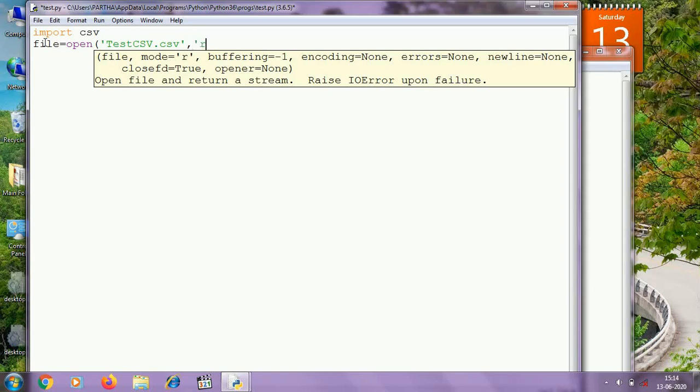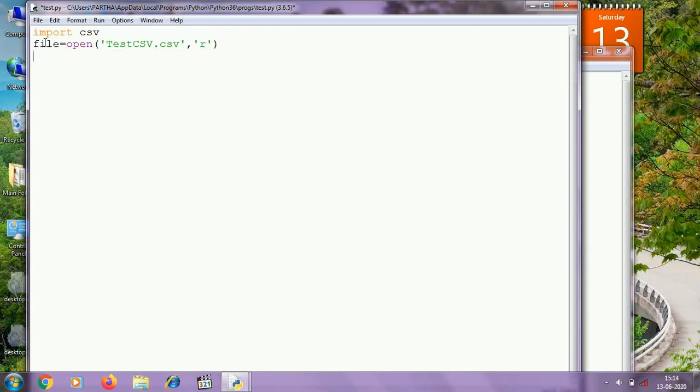So at first I need to open the file in read mode. For reading, I need to create the reader object using csv.reader. Reader function of CSV module will return a reader object, and if I iterate over this reader object, we can get the records from the CSV file one by one.